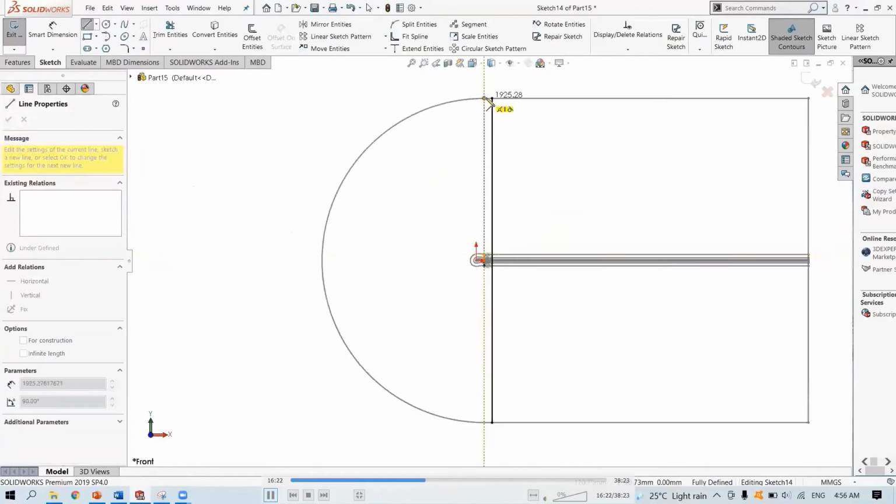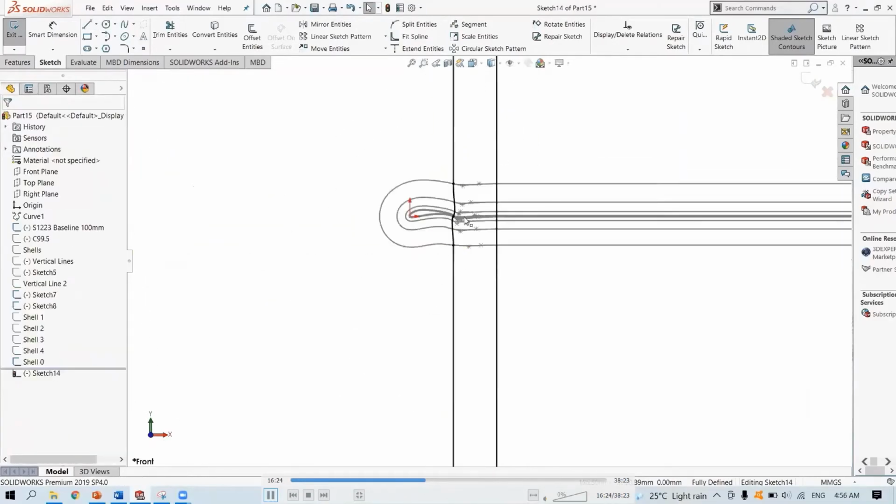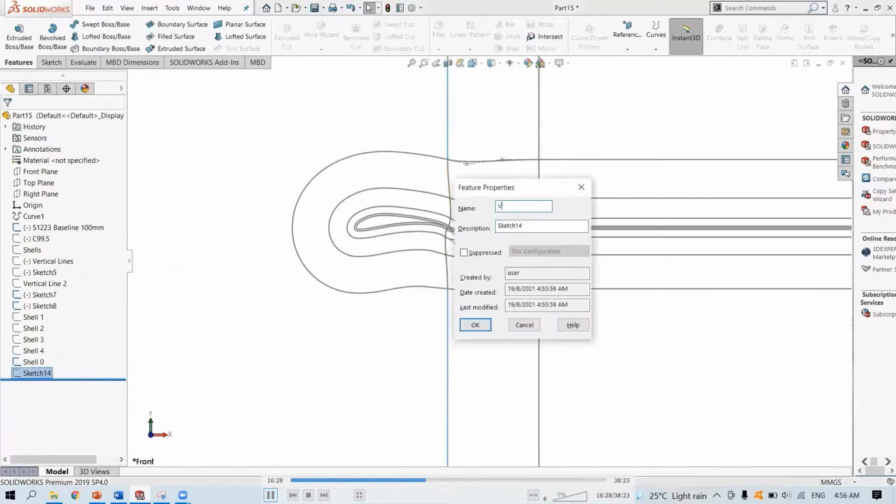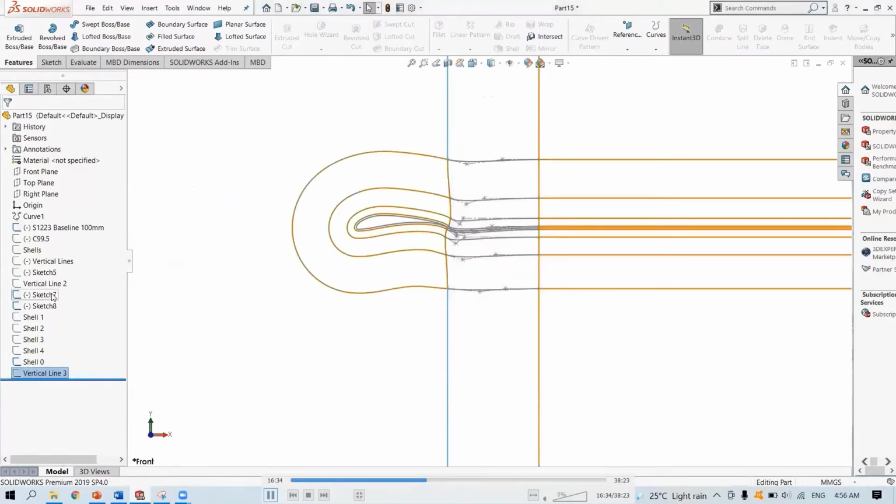I'm just gonna do the vertical lines. Vertical line 3. Okay. Now I can hide the messy sketch from earlier and use this instead.